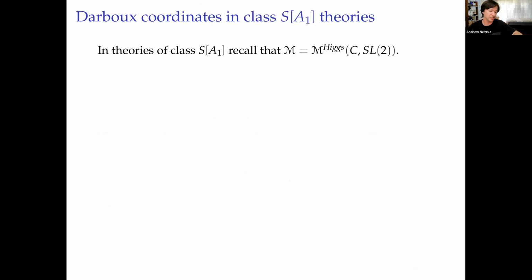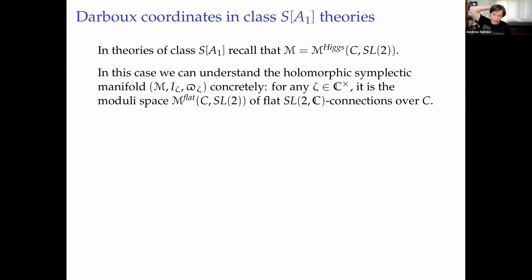So, I guess the last thing I want to say is, I just told you some kind of abstract thing that there's a Riemann-Hilbert problem that we would like to solve, which if we could solve it would produce coordinates on this hyperkähler space, particularly nice coordinates. And then we had this class of concrete examples where the moduli space that we're after is the moduli space of Higgs bundles. So you could ask, here you're giving some concrete functions on the moduli space of Higgs bundles. So what are those functions? Well, in that case, we can understand them at least somewhat concretely.